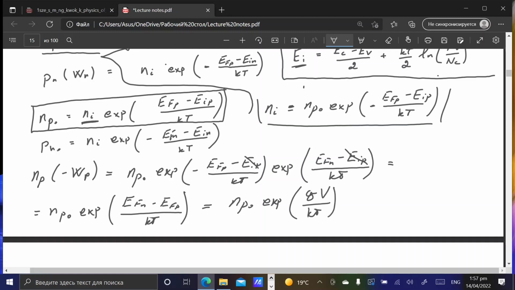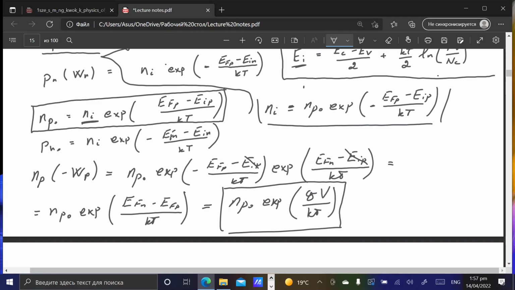So that is a very important expression because it gives us the relationship between equilibrium minority charge carriers in the neutral region of p-type and applied